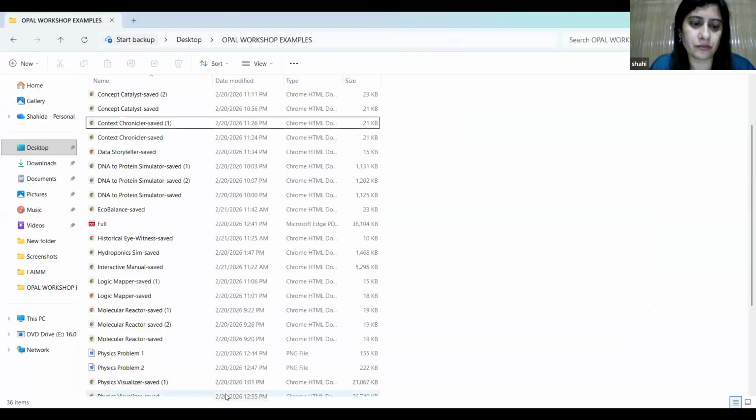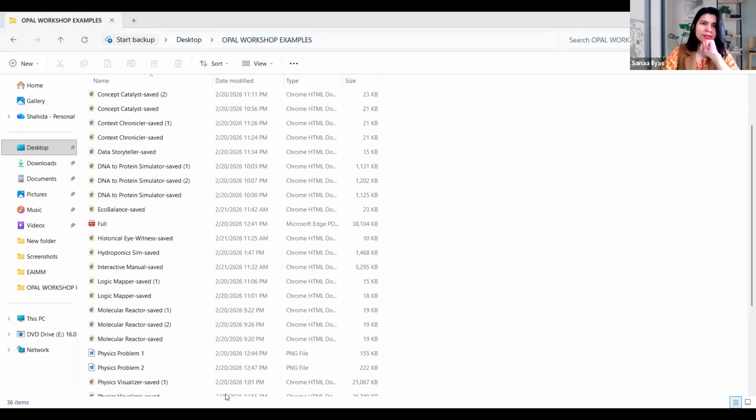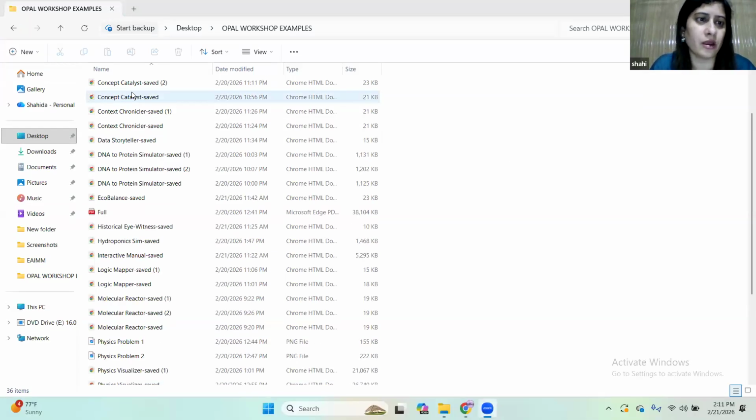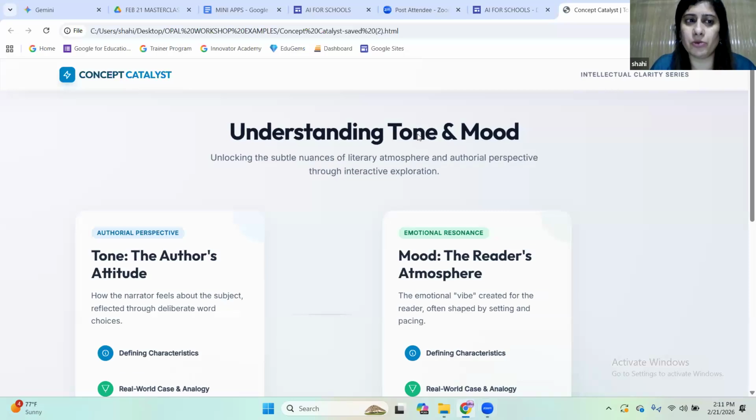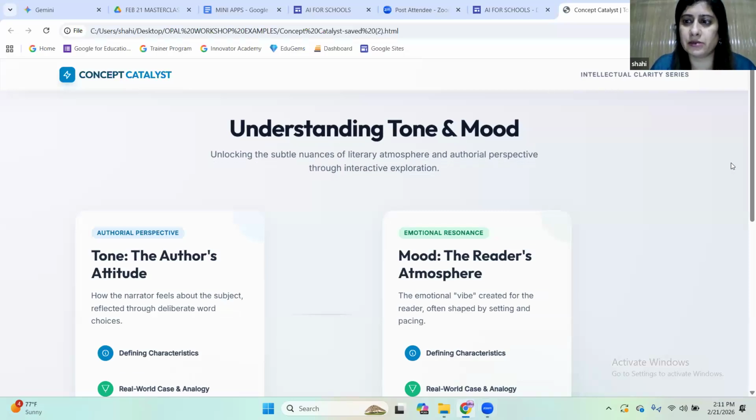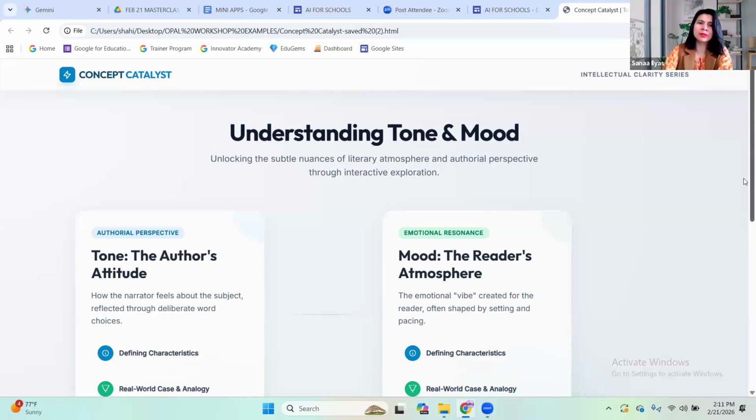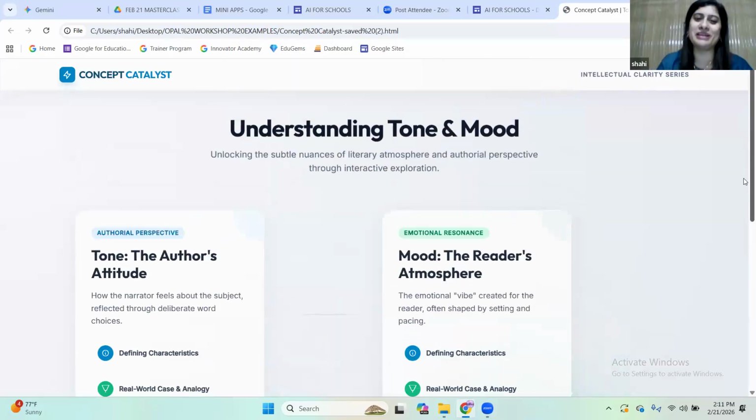No, we are still at your... yeah, now it is visible. Okay, application windows. I think now if I choose screen, I will be able to show everything. Okay, do let me know, are you able to see the Concept Catalyst web page? No, we are only able to see the folder. Now we are able to see it. Okay, it will take some time.